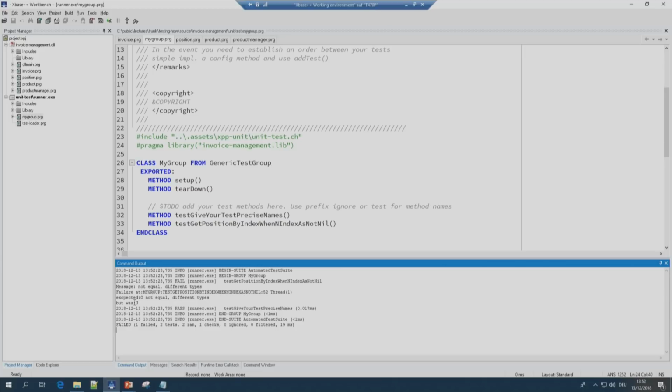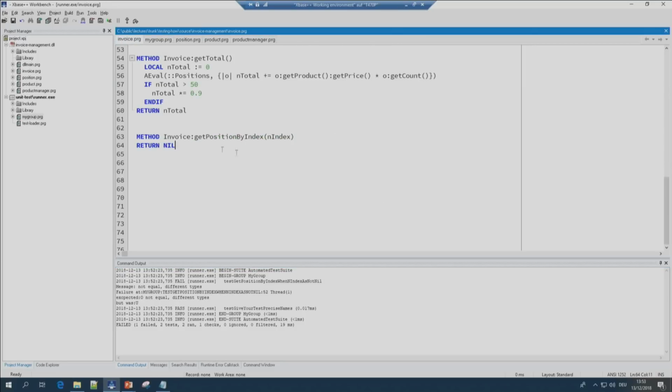nil. And as you know, our method implementation returns nil, and it's okay here. And according to the test-driven development principles, when we run the test for the first time, it should fail. So it's normal here. And now we have to implement our method. So I go back, and now I can